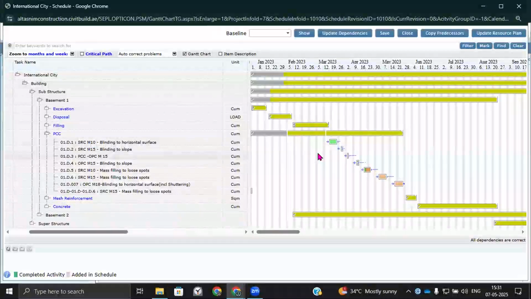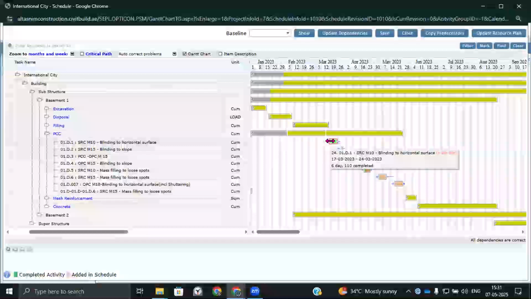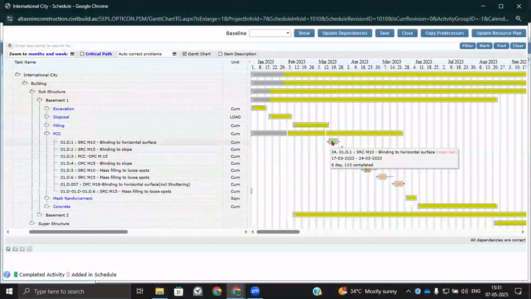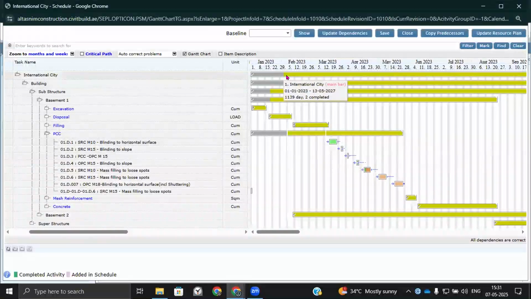Those strictly monitoring the project progress will see the completion of each line item and the overall impact of completing that activity on the entire project. I'll show you how the daily field report is updated in some time.